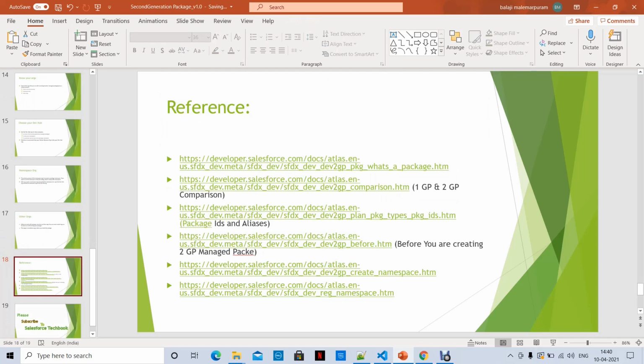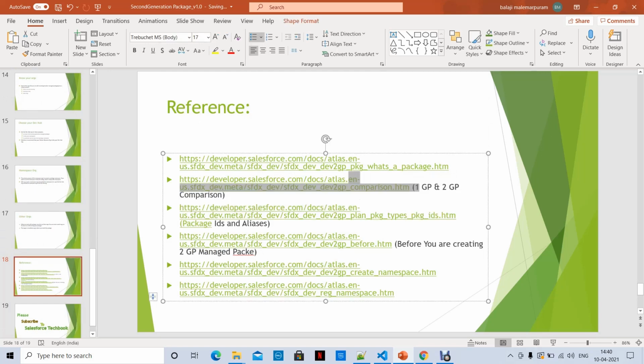You can go through that and you can have a comparison of first generation packages and second generation packages. Also, second generation package also has its own limitations. One of the limitations is you cannot remove any metadata component from a second generation package once you create a package.